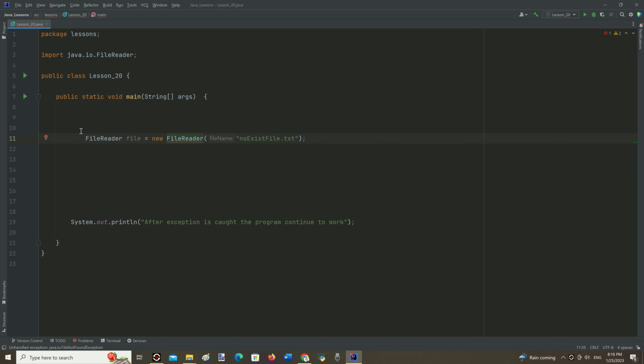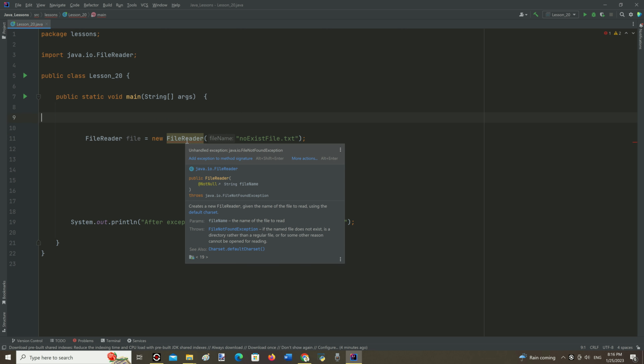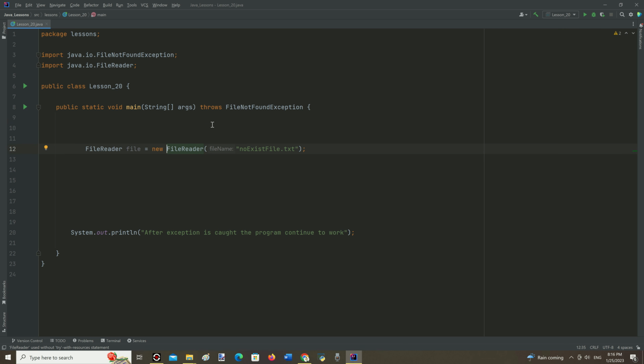We can see it right here while trying to read content of the file. It is also indicated right here as the checked exception is present at compile time. And we can also add the exception to the method signature. But if this exception occurs, the program will stop working at the line of the code that causes it. We try to read from a non-existing file, and for sure this exception will occur.